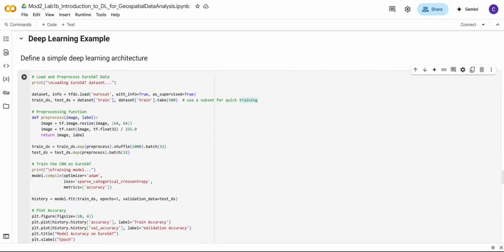In this tutorial, we are going to build and train a simple deep learning model in order to classify satellite images from the EuroSAT dataset. By the end of this video, we are going to visualize the learning progress and the model prediction. We are going to use TensorFlow and Keras in this model. So let's get started. First, we are going to load the EuroSAT dataset using the